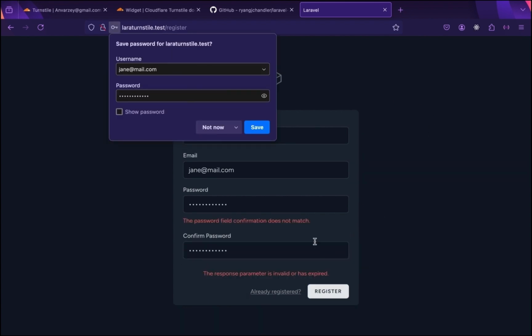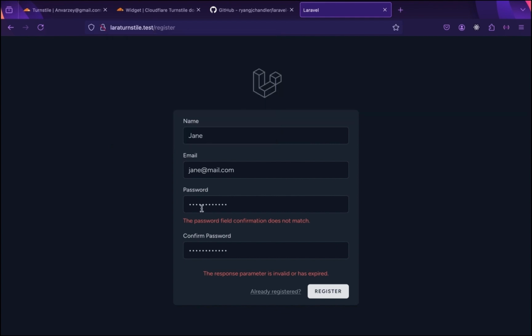Now if I click on register, oh okay, we have the error from the password, but we're interested in this error. The response parameter is invalid or has expired. So if you go here, as you can see,